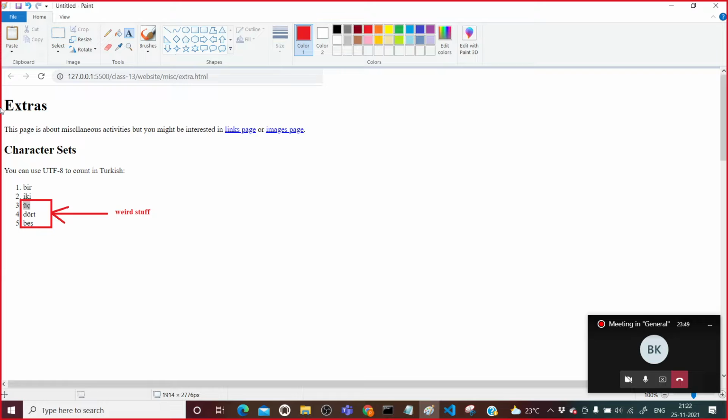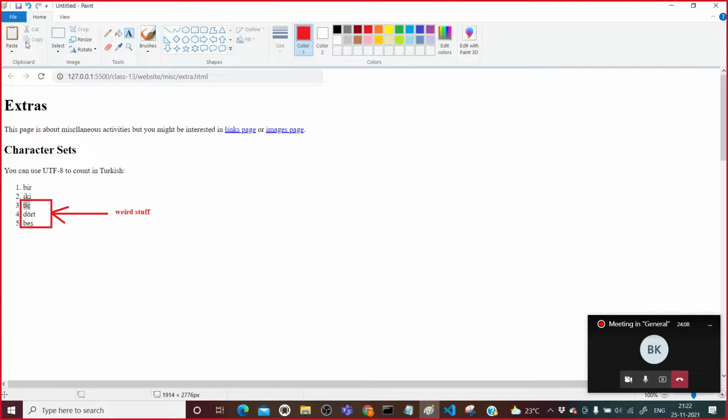To fix this, we need to specify that we are going to use an encoding concept in our web page, which is going to render all the character sets on our browser.